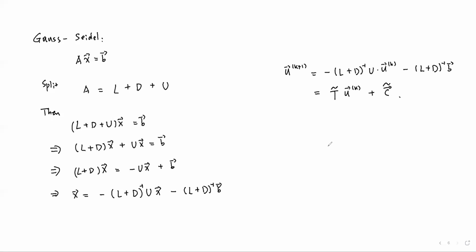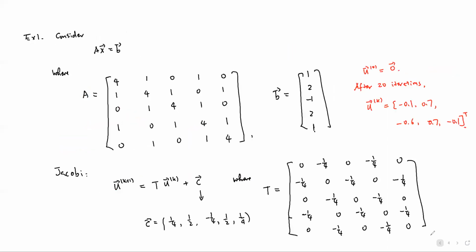There are some examples in the book. Compare Gauss-Seidel with Jacobi. Yes, Gauss-Seidel converges faster because usually T tilde has a spectral radius less than the spectral radius of the Jacobi method. So in general, Gauss-Seidel is faster than Jacobi. This is the second topic. Now, the third topic,